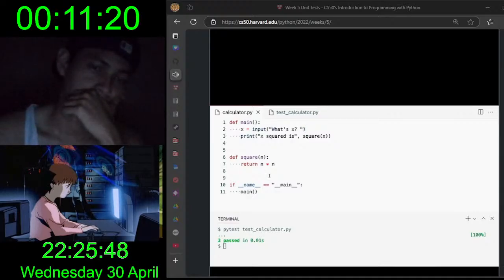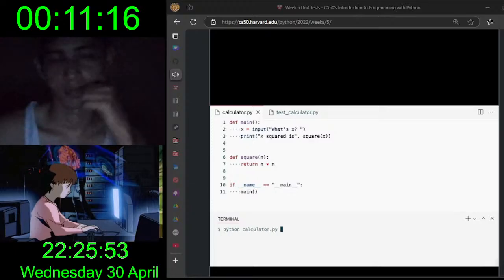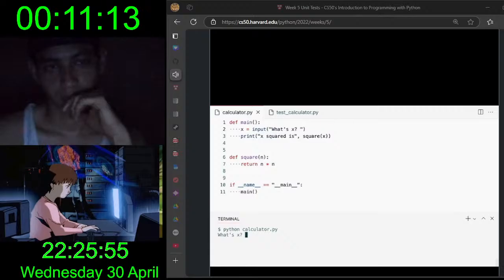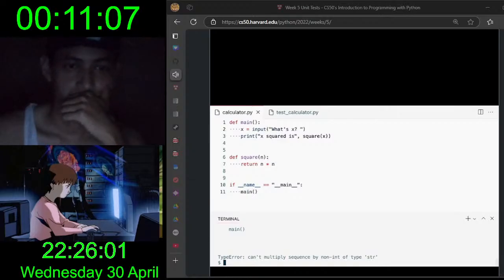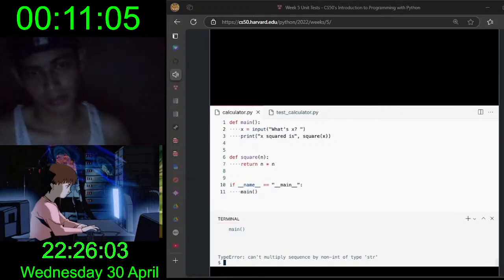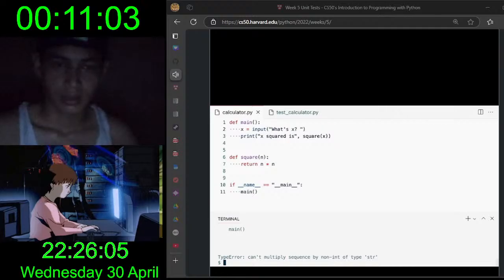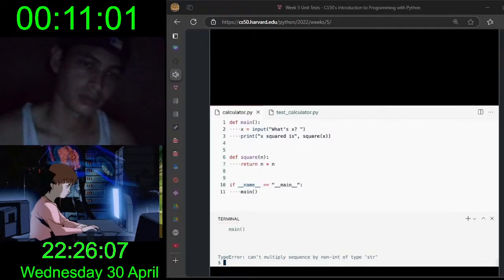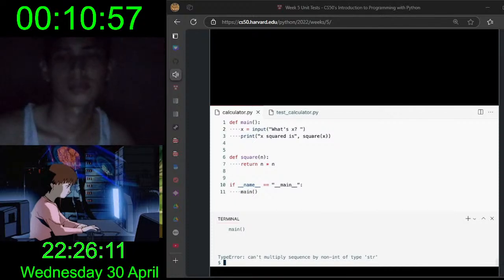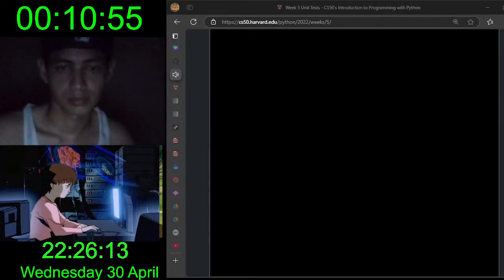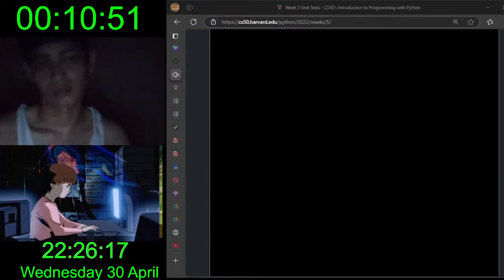be an int. For instance, if I clear my terminal here, run python of calculator.py and hit enter, let's type in cat as our value for x, and of course this now raises a type error. Why? Can't multiply sequence by non-int of type str. What does that mean? Well, you can't do cat times cat, because indeed square is expecting that n will be some number. But that doesn't necessarily mean that square itself is buggy, but this does mean that if I expect a type error to be raised, let's test for that too, so that I know the behavior indeed works as